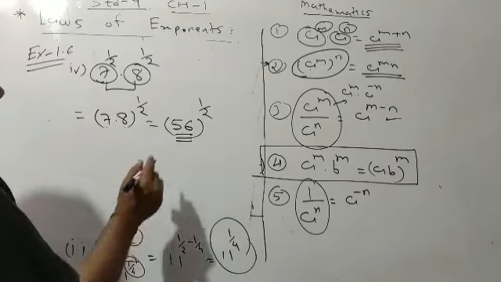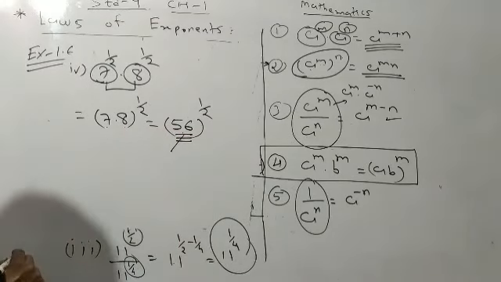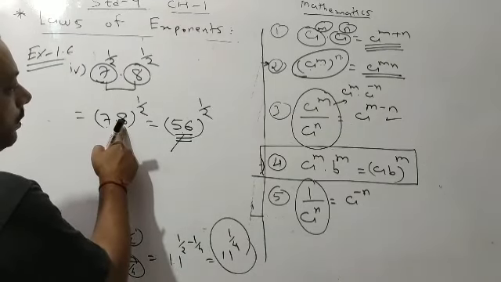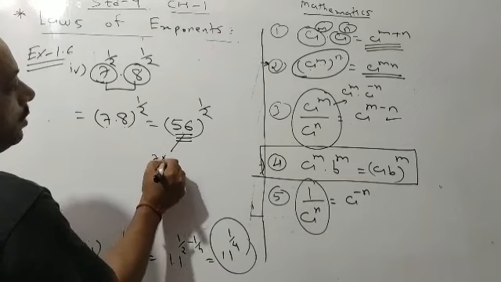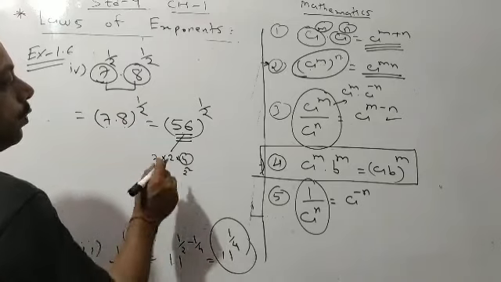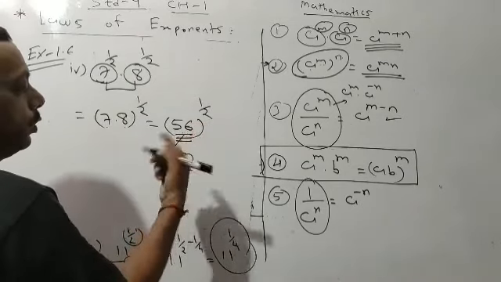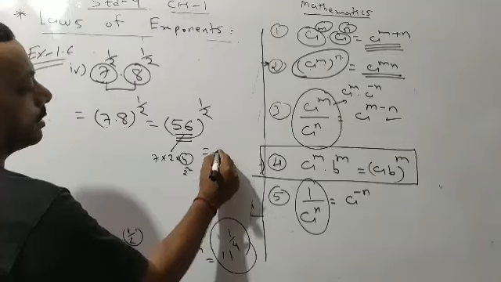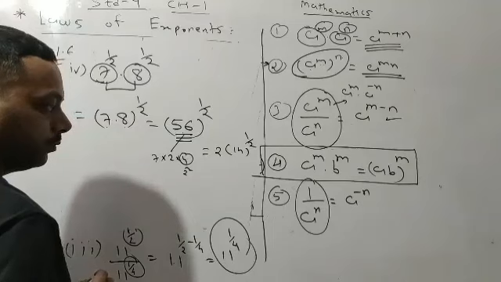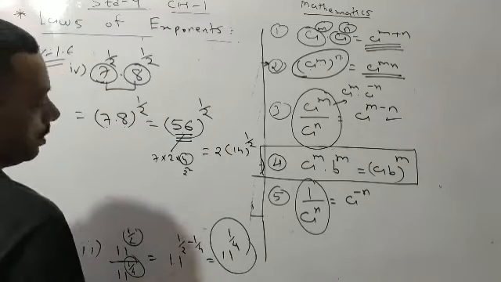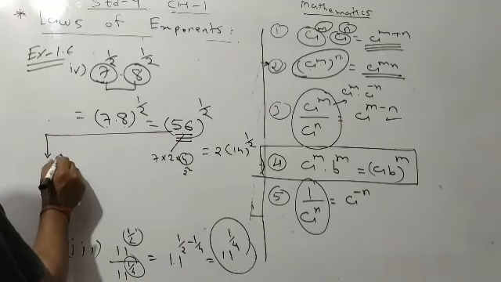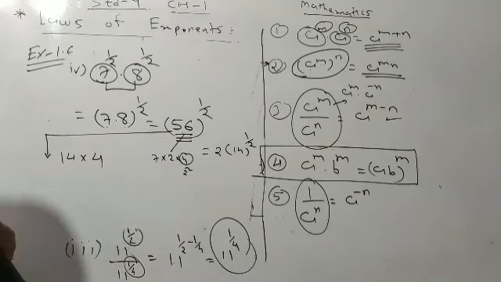If you want to reduce, you have to factorize 56. Now, how can we write 56? Here we have seen that it is 7 into 8. So you may write 7 into 2 into 4. Then this 4 is nothing but 2 square. So when we apply this 1 by 2, you may write this simplified form as 2 into 14 raised to 1 by 2. See why we can write this? Because this 56 is rewritten as 14 into 4.